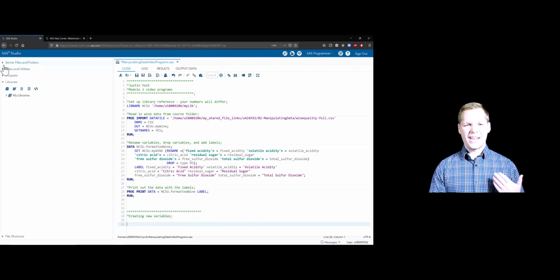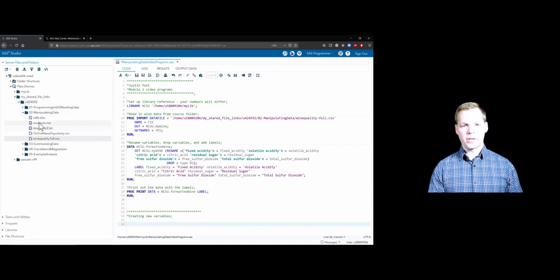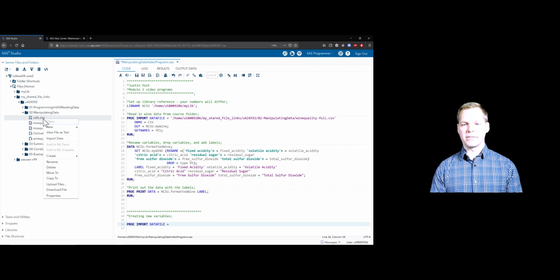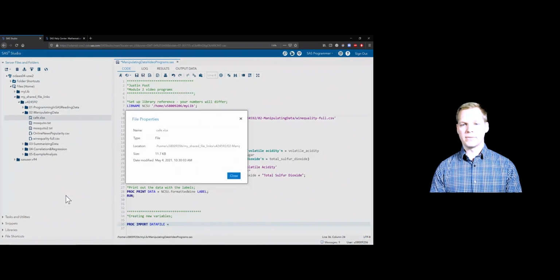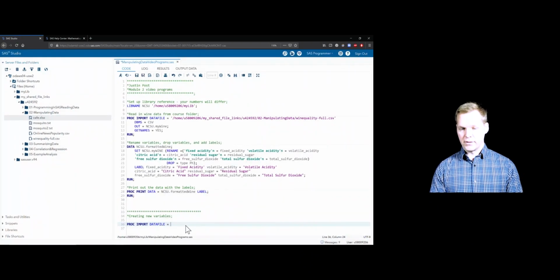And there are, again, some different data sets that are available on our shared folder. So we're going to read in this cafe.xlsx file. And to do so, we'll just use proc import. Again, the easiest way to get the path to this is to just right click on it, properties. Then we can copy that location. I missed that first slash, so I'll add that in. Put that in a quoted string,